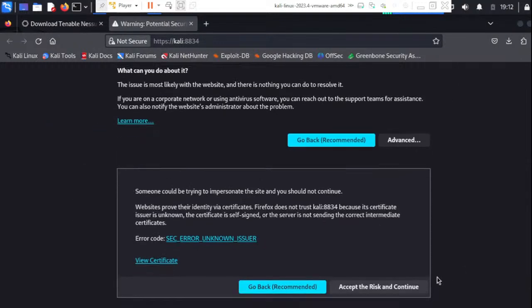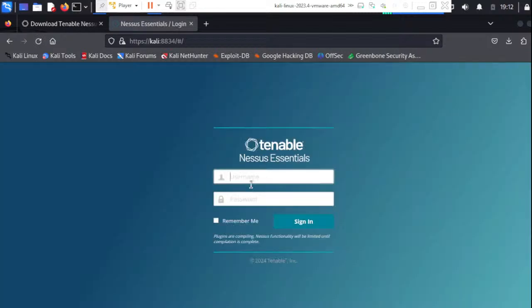Okay, go to advanced option and then choose accept the risk and continue. So over here it's asking the username and password for me, but for you guys it will be prompting some options, you can say Nessus Essential. So for the free option you have to go for the Nessus Essential. Okay, once you are done choosing the Nessus Essential option, you can simply skip